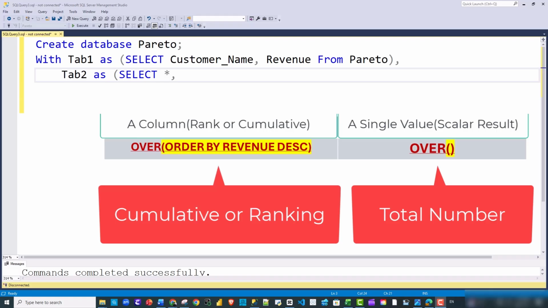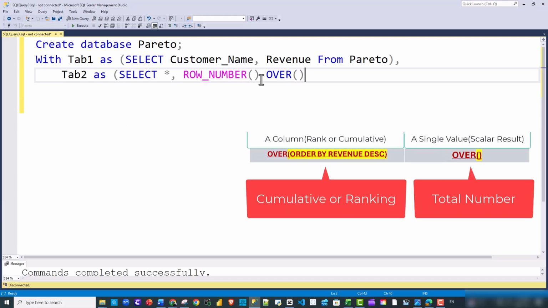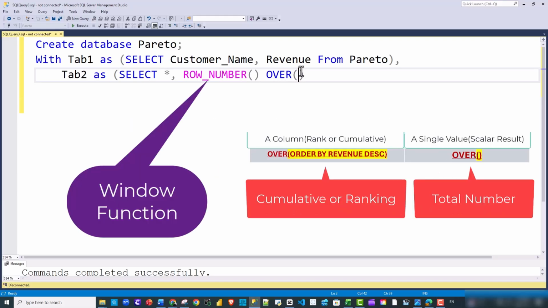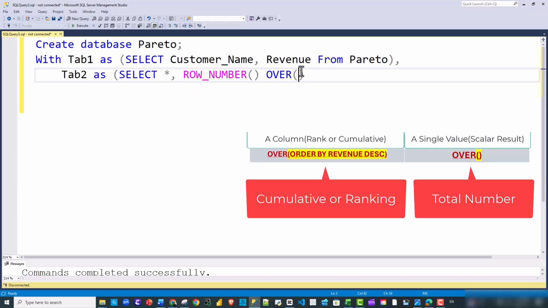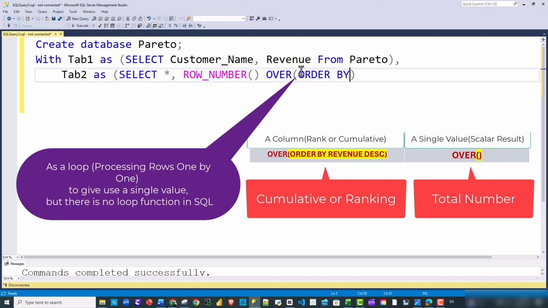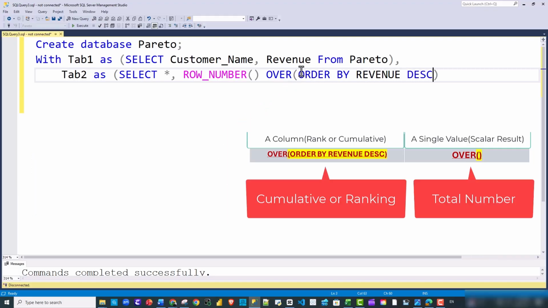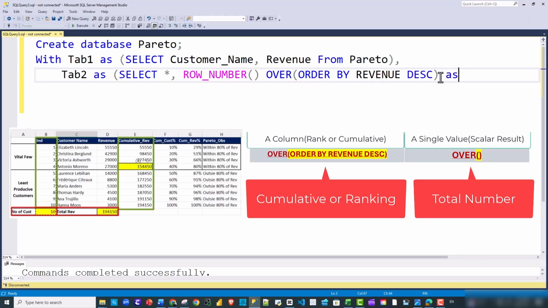So let's start here guys. I'm gonna start to create an index with row number function, open and close bracket, over, and guys, this is which called window function. Here and in DAX, we need it as a column or as a calculation. We need one number, or we need to work as a loop to go row by row. No, we need to work as a loop. So we are gonna write here order by revenue in descending order, and I'm gonna name it as index,